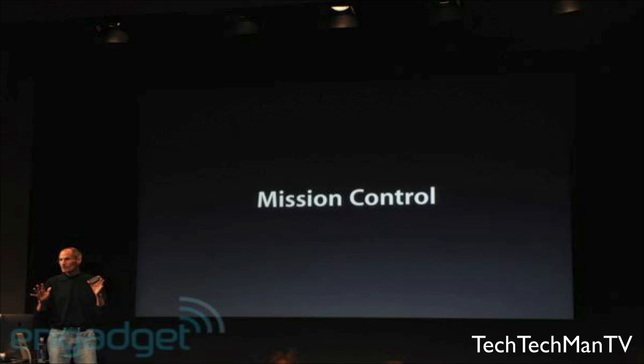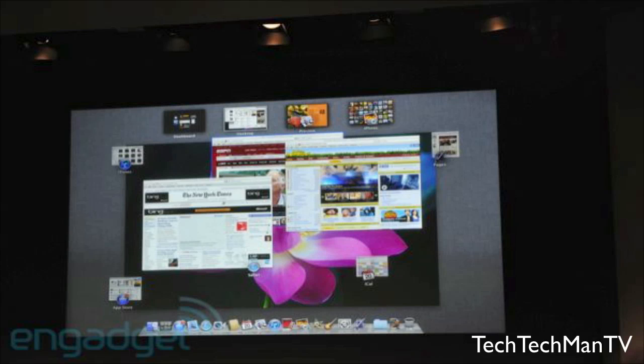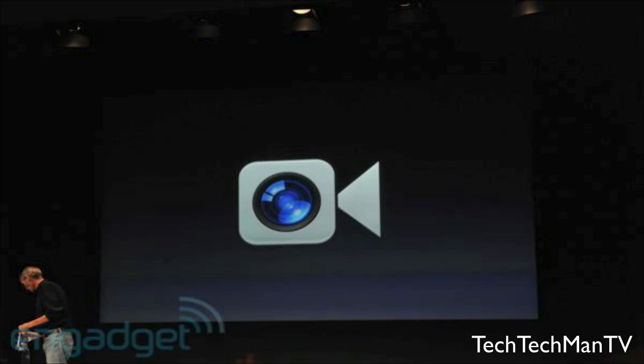Next up, there is Mission Control. Mission Control is essentially a new version of Expose. It integrates Expose, dashboard, and the dock into one unified screen, and it actually looks pretty cool as you can see on screen now. And finally, saving the coolest new feature of Mac OS X Lion for last is FaceTime